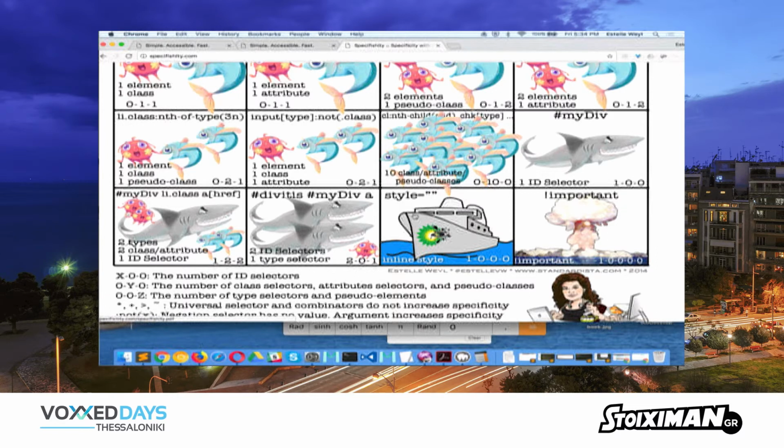No matter how many divs you have, or IDs you have, inline style will overwrite all of that. Important will overwrite what's in the style. So you should not have a single important in your code unless you put it into your code the first day and said, this is important, I never want it overwritten, and you have intentionally used it. Do not use it to overwrite someone else's code, because then they can't overwrite it,